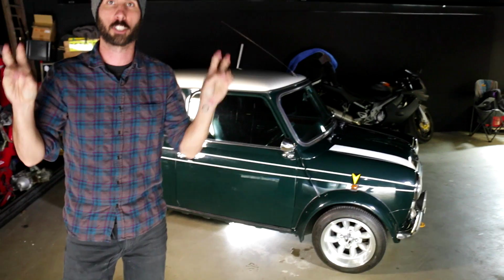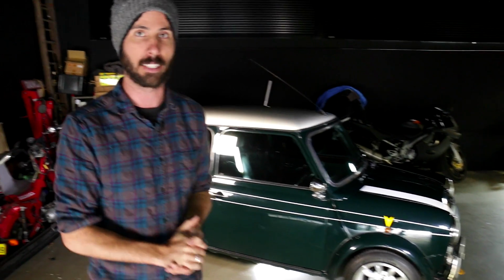So this is my Mark 7 Mini Cooper that was made specifically for the Japanese domestic market. And this particular configuration is not found anywhere else, which is why the cool kids like calling them JDM wide body Minis. Now, this is one of the last Minis that were made before BMW took over and started making